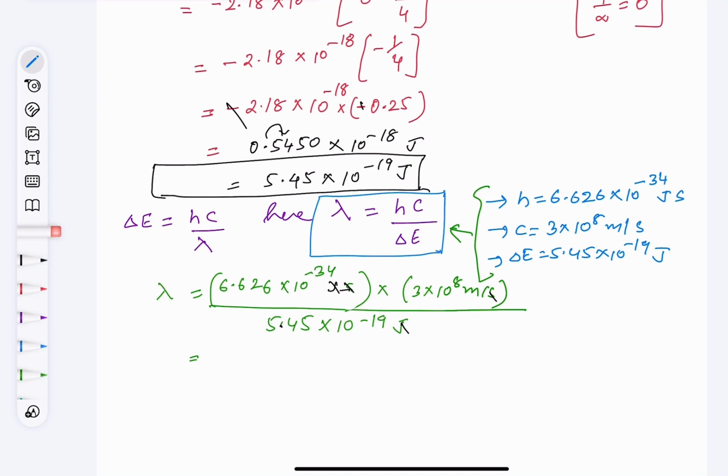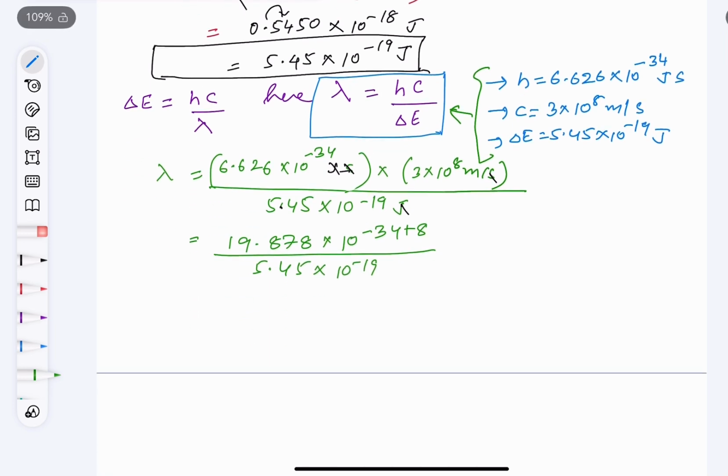Now when you multiply 6.626 into 3, you will get 19.878 into 10 to the power of minus 34. We add the power, so here it is plus 8, divided by 5.45 into 10 to the power of minus 19. Further, you divide 19.878 by 5.45, you get